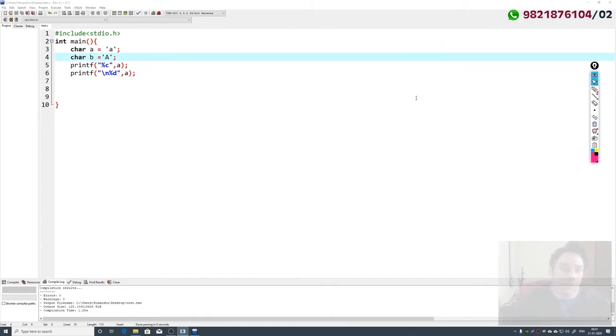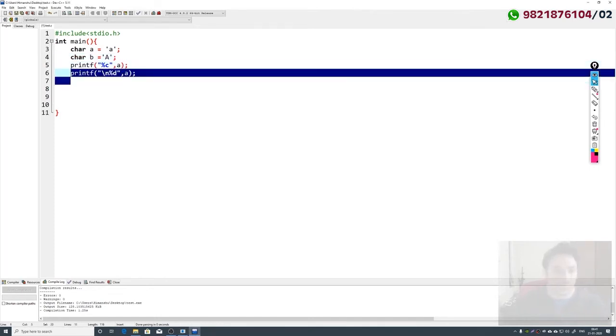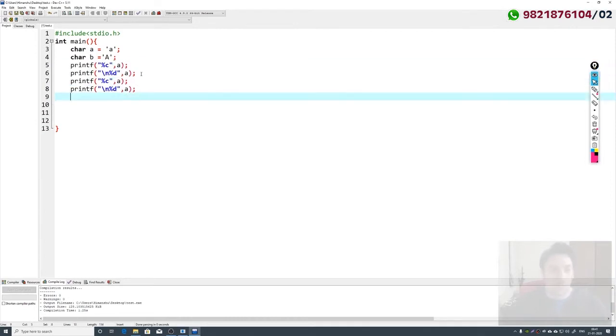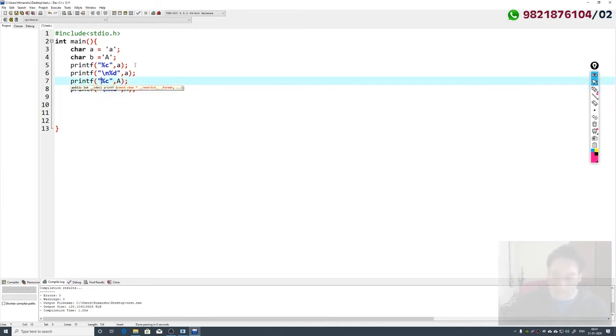If I'm using capital A here, in the same statement, you can also verify the same values here. So execute the program.